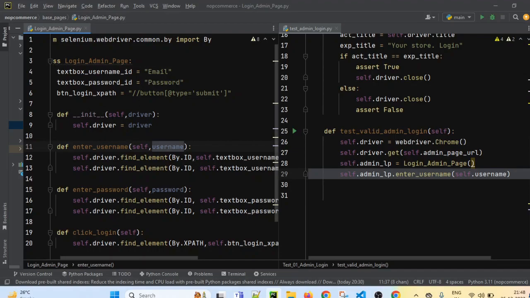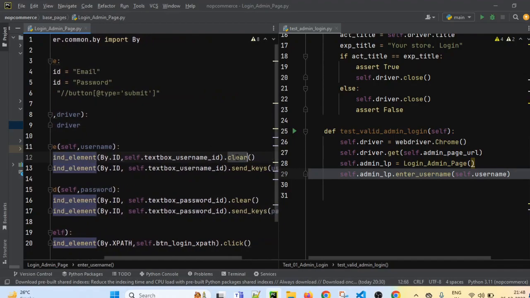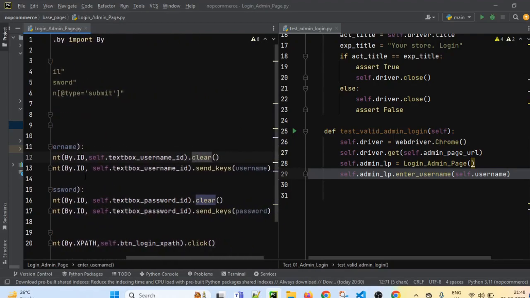It has invoked the constructor in which we have passed the driver. So now this self.driver is also used to access inside this enter username method. So this will find that element. It will find that username field. It will clear that username field. Then it will find that username field and pass this username to that input field, right? So that's what we want.